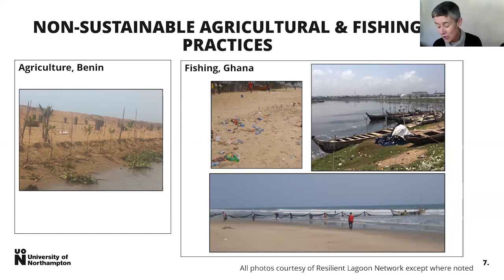In terms of agriculture, I want to go back to what Mike said about the catchment. So land use changes and agricultural changes in the catchment, particularly farms that are using chemical fertilizers, are then leading to polluted waterways. And I'm sure you're all familiar with the link between chemical fertilizers and algal blooms.